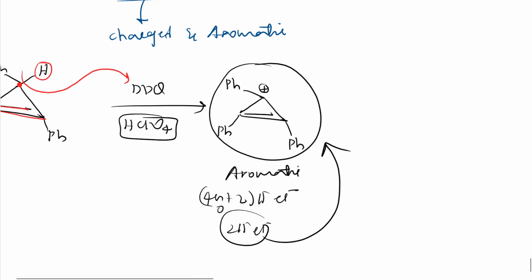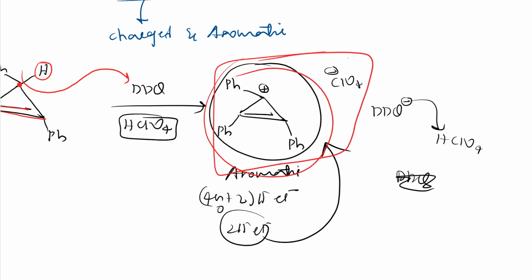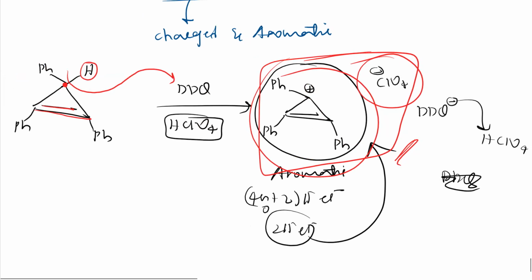So here DDQ has got negative charge, right? As oxygen gets negative charge. So HClO4 is there, so it will take proton from that and it becomes aromatic DDQ, right? Other things that I have given in the structure. So ClO4 minus will be there in the solution. Like this, an ionic pair it will exist. So here it is aromatic and it exists with the ClO4 minus. So an ionic pair like that it will remain in the solution. This is how we will get the aromatic compound, right?